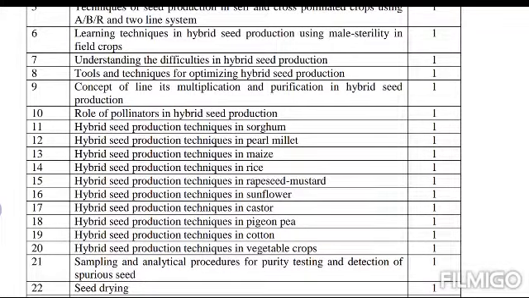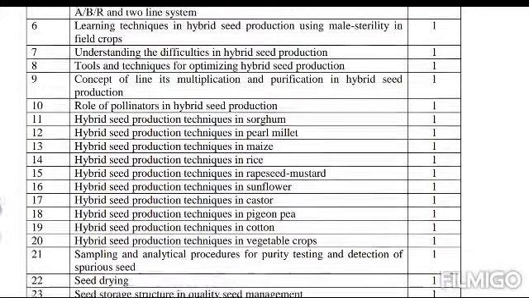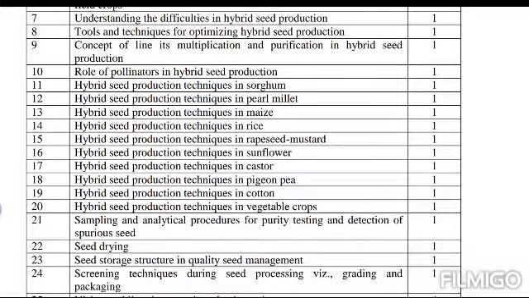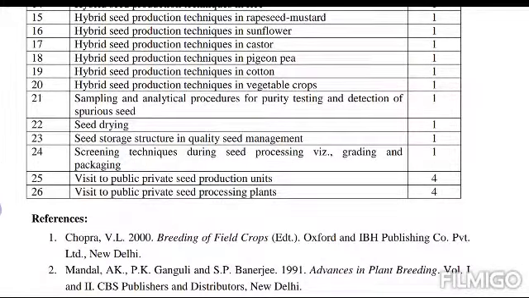hybrid seed production, concepts of line, its multiplication and purification in hybrid seed production, role of pollinators in hybrid seed production, then hybrid seed production techniques in sorghum, pearl millet, maize, rice, rapeseed and mustard, sunflower, castor, pigeon pea, cotton, vegetable crops,